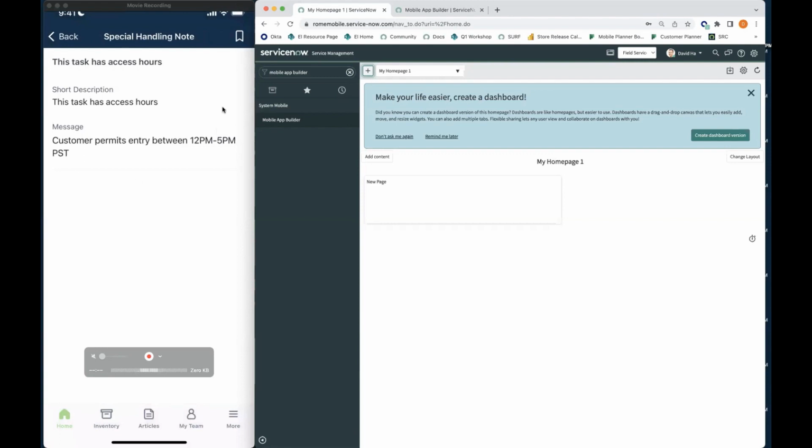And of course, this is also configurable. I think this is using the platform special handling notes. So this is very specific to field service agent workflows, right? Also, another